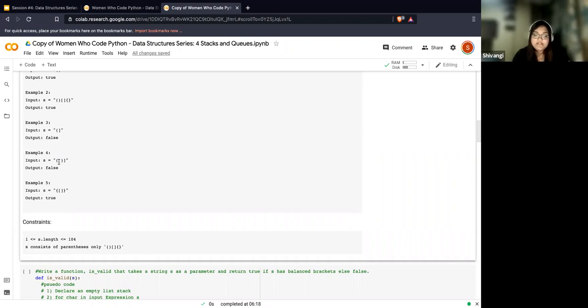you have an opening round brace, then you have a square bracket, and then you have a closing round brace, and then you have another closing square bracket, right? But if I just go by the count of round brackets and square brackets, opening and closing ones, they're the same, right? I should probably return a true, but the order in which they are closing is incorrect. So what do you mean by order, right? So what do you think, if I had to convert this expression into a valid expression, how would it look like, right?